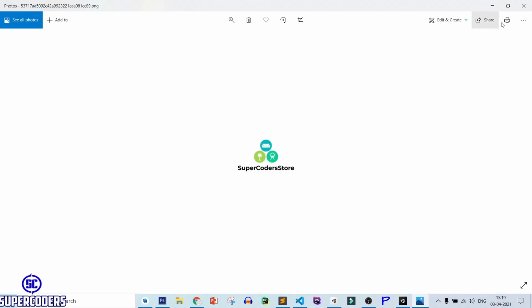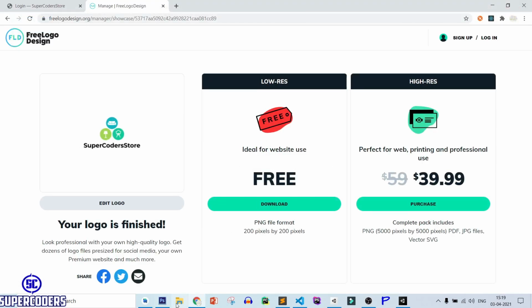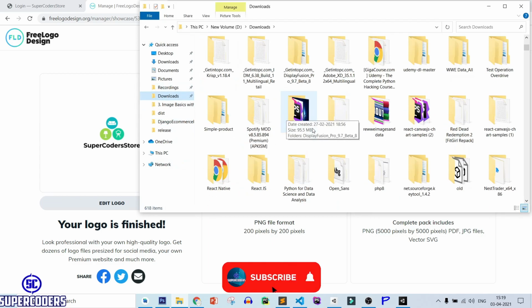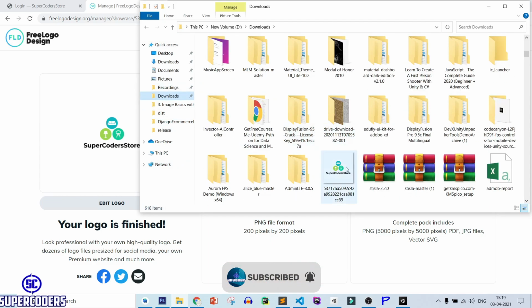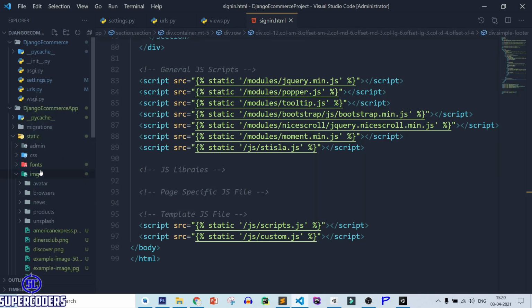Now here you can see my logo has been downloaded. After that, open show in folder. Let's open the download folder. Let's copy the file or drag the file to our static image folder.